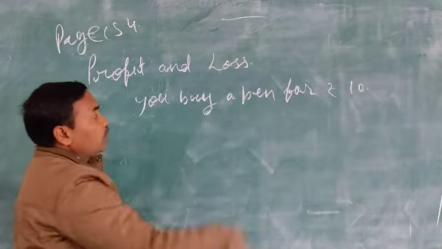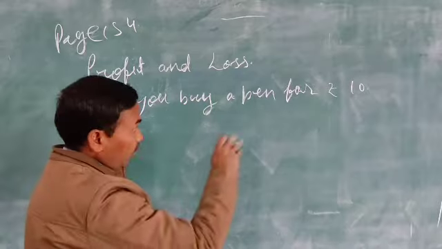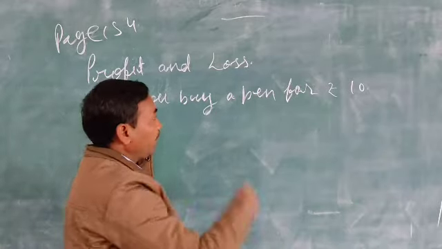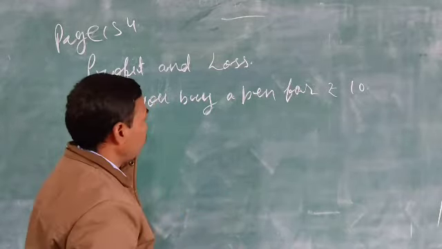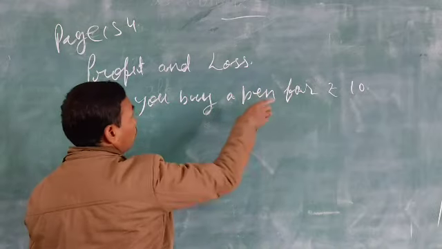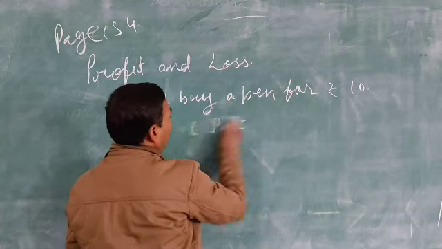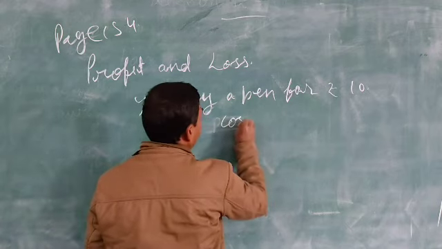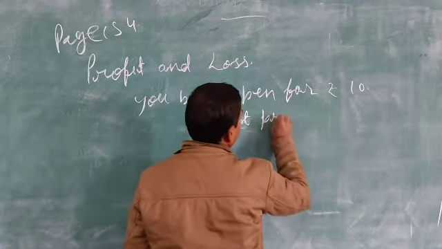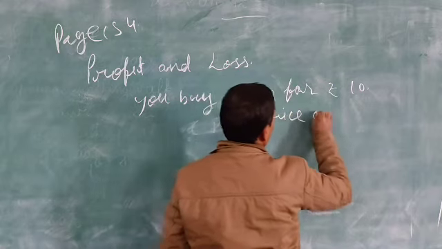That is, you are investing ₹10 for buying a pen. This price is known as cost price. You can write CP, or the full form, cost price of pen